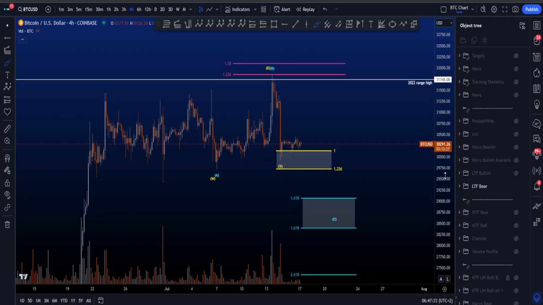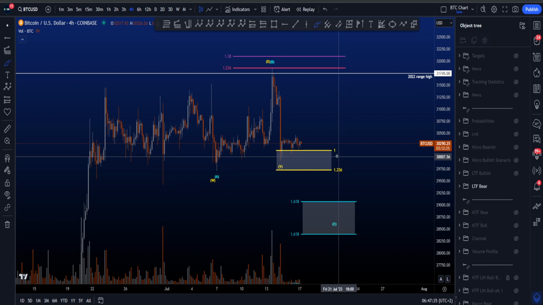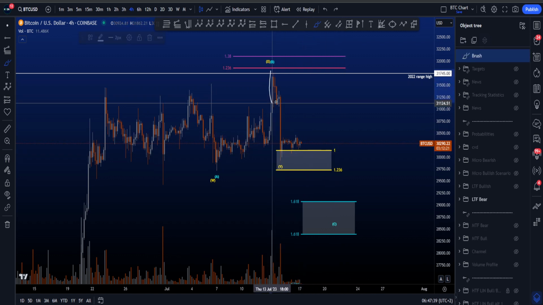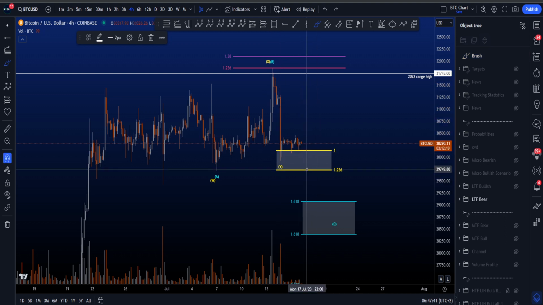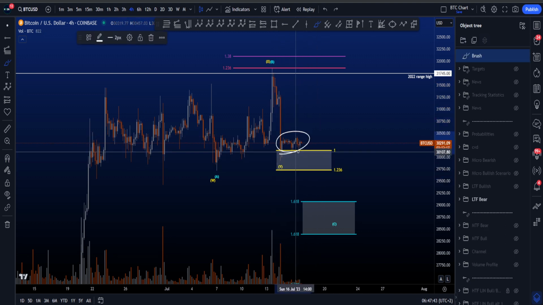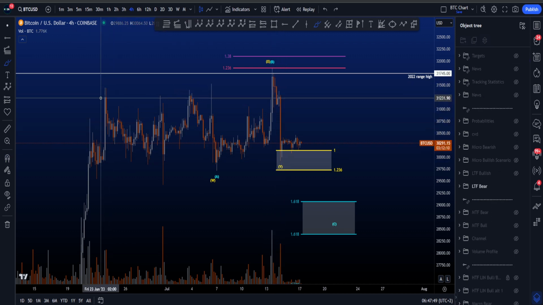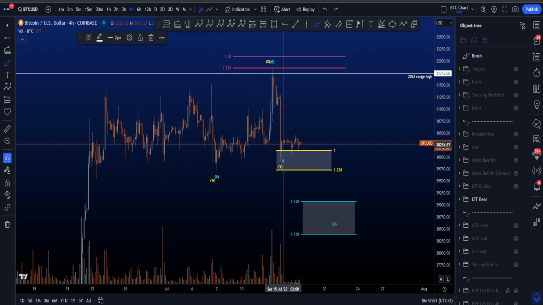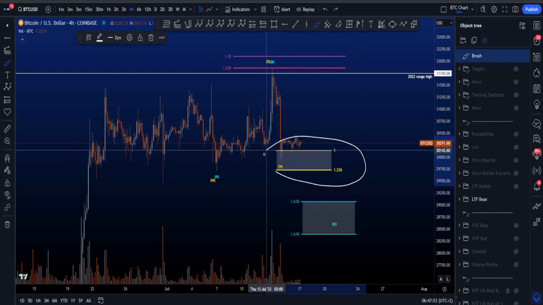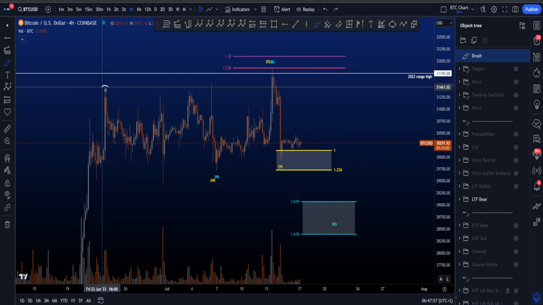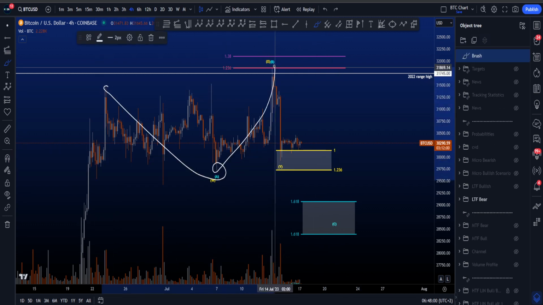But now I also put a potential WXY on my chart, main reason being that we have been ranging here for a while now, and this can still be a 5-wave structure to the downside, but due to the length of the range, it can also be a 3-wave structure here to the downside in a zigzag ABC. For then a WXY being a 3 and then a 3-wave move, where the most common target area for wave Y is between the 1 and the 1.236, taken from the high to the low of W to the high